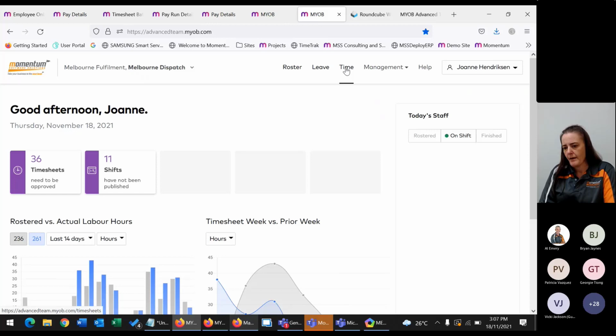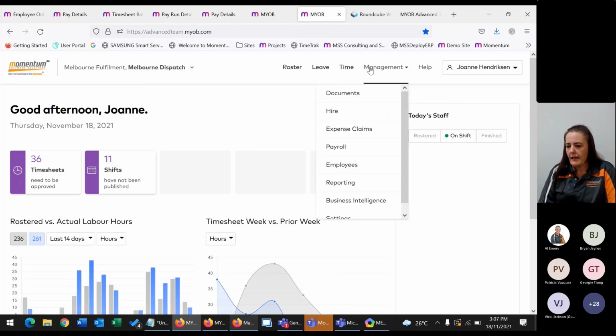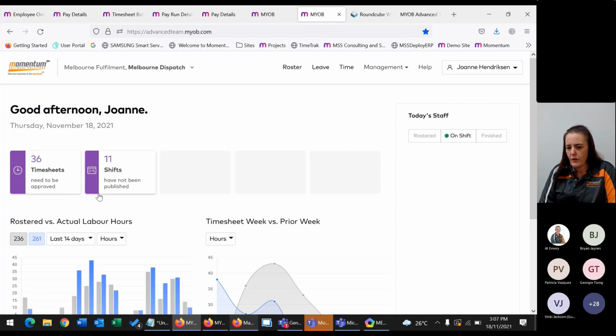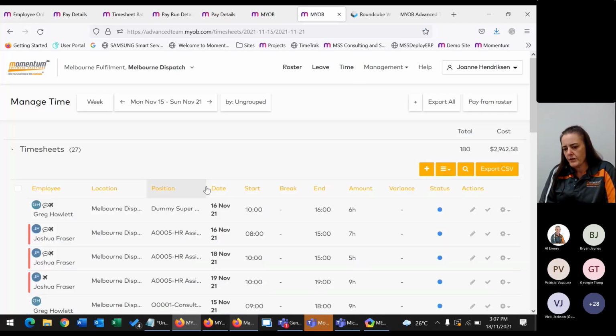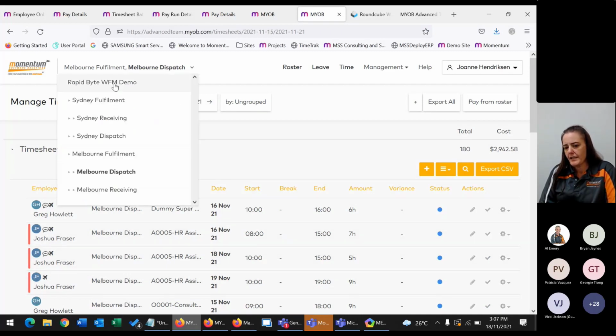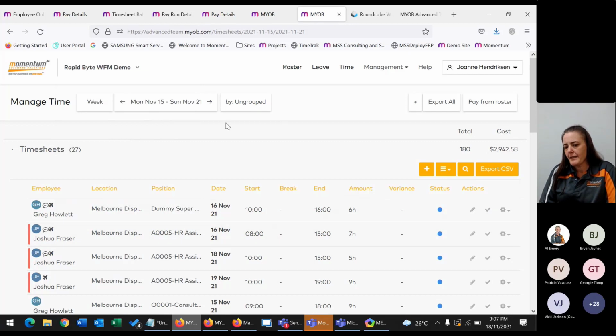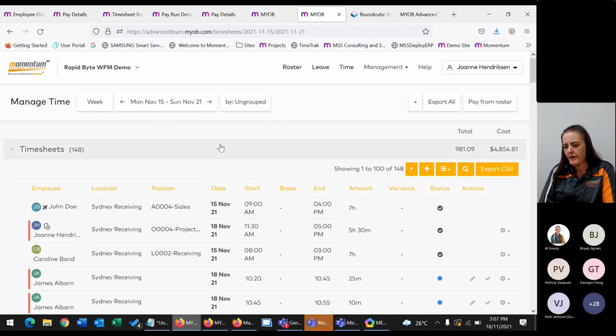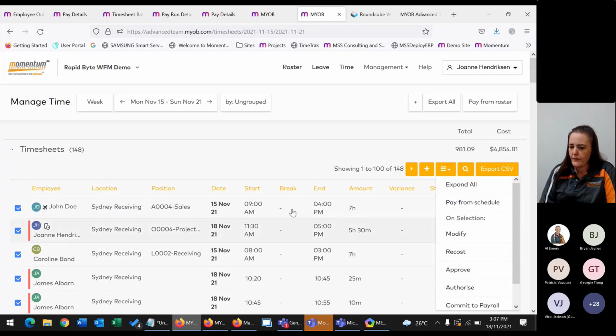Okay, so as far as timesheet processing goes, each time you get unprocessed timesheets, they will show up at the top here. If we click on those timesheets and process these timesheets to the payroll, this will be only for the Melbourne branch. So we can select the entire company by selecting that upper parent company. And then there's an approval process to go through, which you can delegate out to different logons or different managers, whereby the time actually has to be approved first.